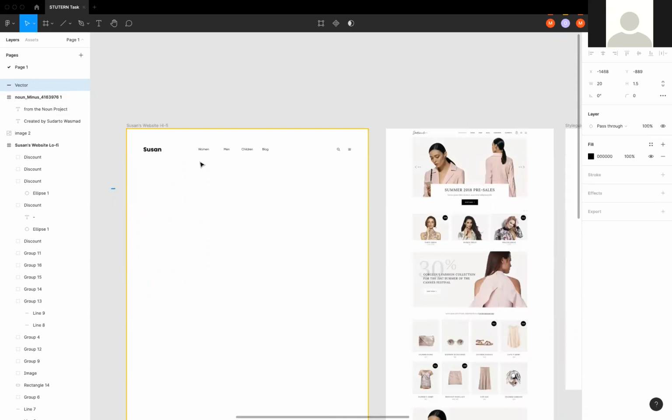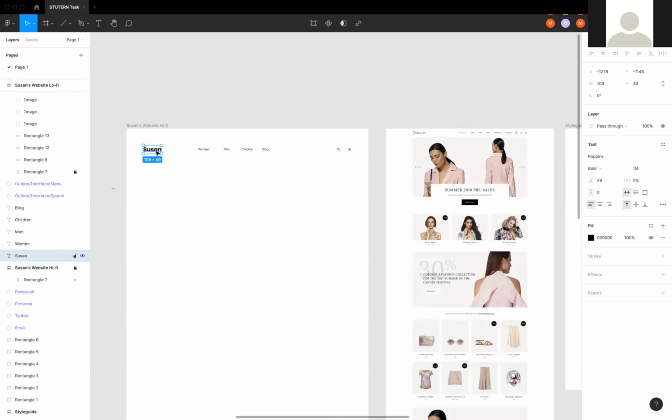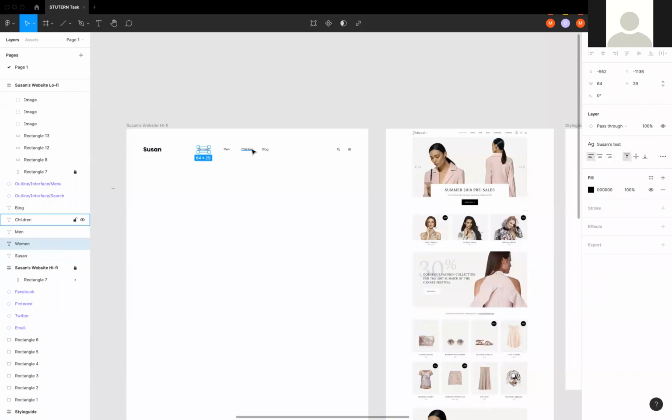So back to what we were designing before. Is it looking like the top of the website now? Suzanne, don't forget Suzanne here is our logo, the representation of our logo. Then we have the option for women, men, children, and blog. So let's create a design to,